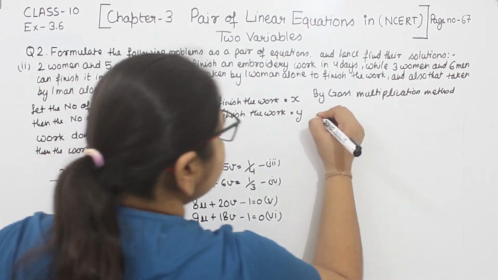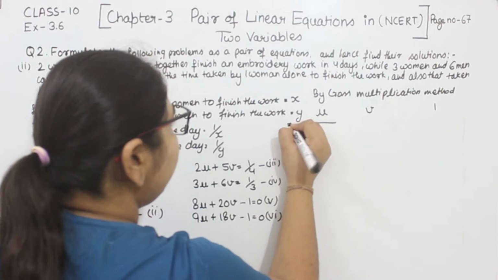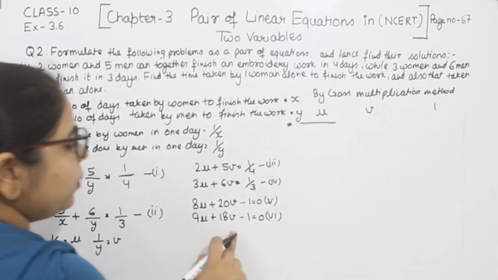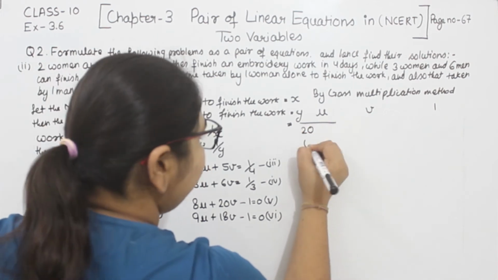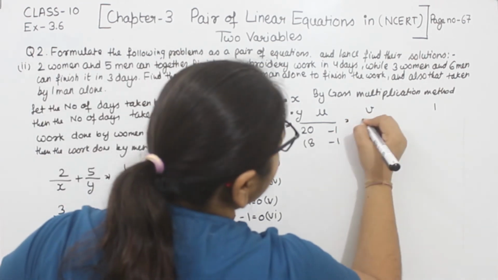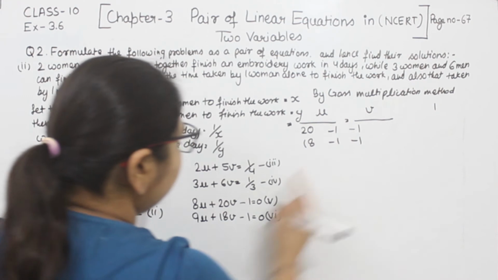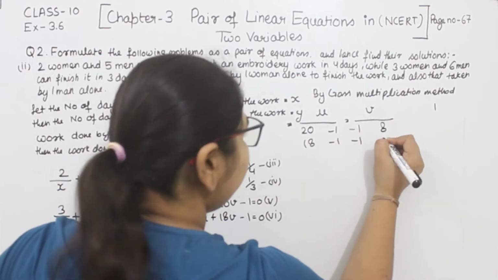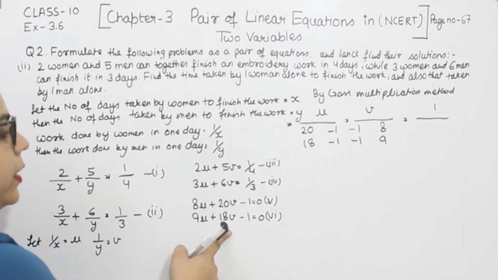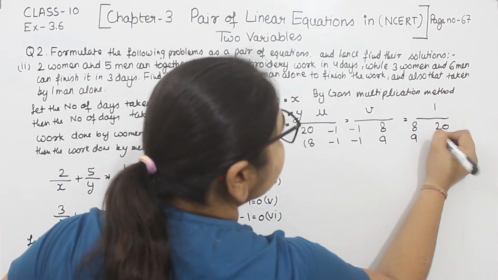Now, first of all, we are going to take u, v and the constant term. So u we are having, first of all we are taking u, so we are not going to consider the coefficient of the u, we are going to take the coefficient of the v and the constant term we are having. Now comes to the v, so we are not going to consider the coefficient of the v, first of all we are going to take the constant term, then the coefficient of the u. Now comes to the constant term, we are not going to consider the constant term, we are going to take the coefficient of u and v. First of all we are taking the coefficient of the u and then of the v.